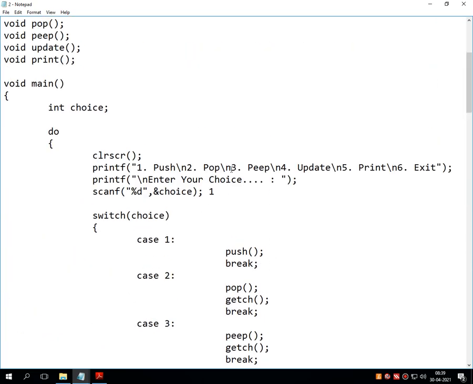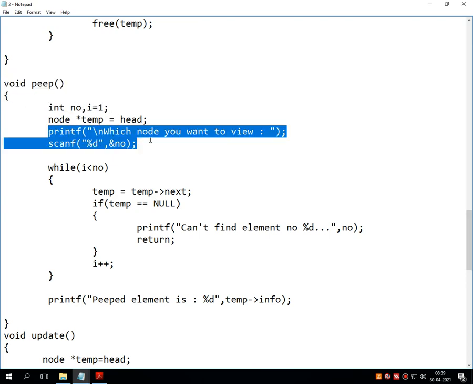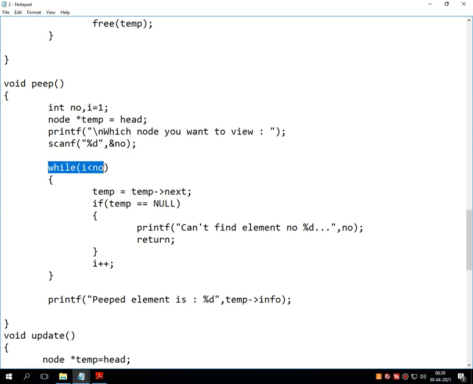Now suppose the user selects operation number 3 called peep. The peep function is selected, where it asks for the location which you want to view. If that location is less than the total size, the program gets terminated.